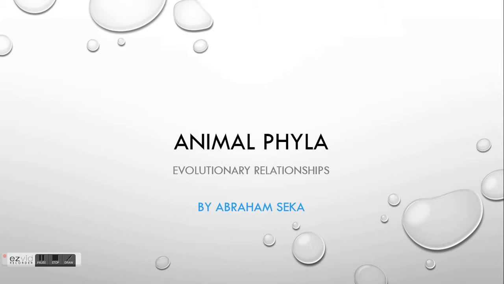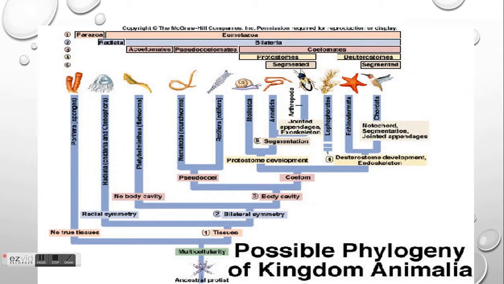So, also evolutionary relationships. We are going to start by showing this picture. Here we have a big picture of about 10 animal phyla. They are all separated by tissue, symmetry, cavity, and so on, like multicellularity, tissue, no tissue, bilateral symmetry,